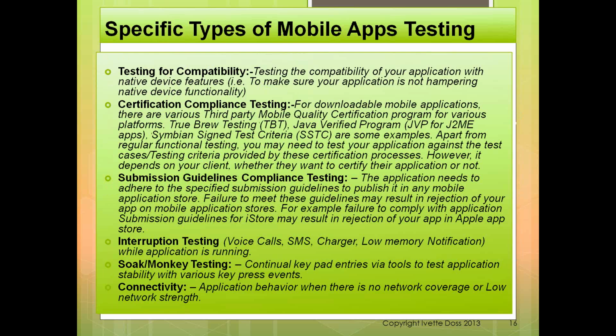But now we also need to talk about specific types of mobile application testing. One of the first is compatibility. You test your application with native device features. You remember from last time I talked about native applications. I don't ask about a specific example, but how is it a native application? Can you refresh your memory? Can you give me some clue? How is it native and not a hybrid or web mobile application?